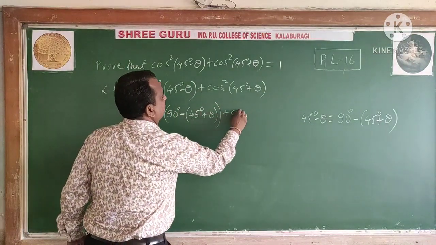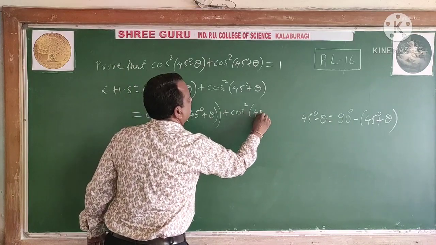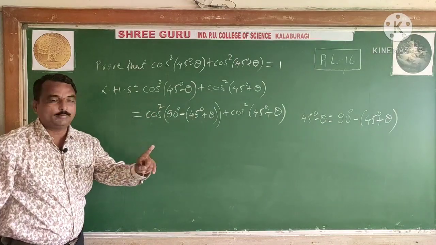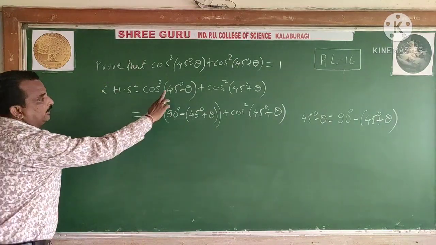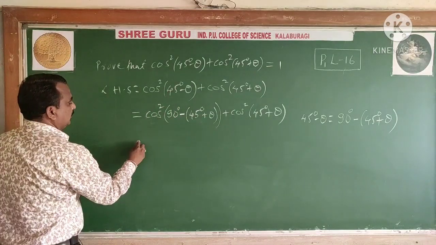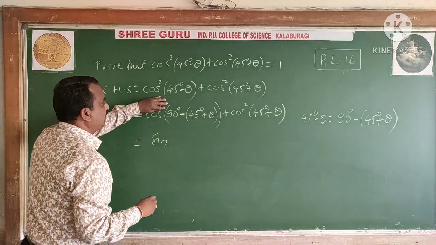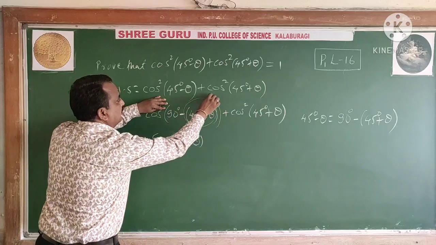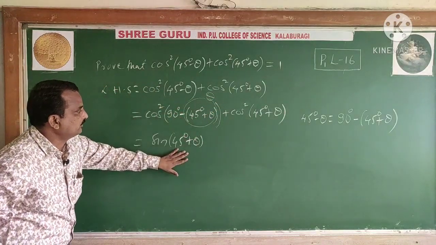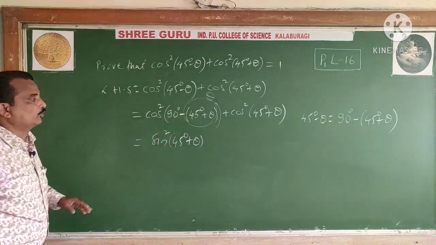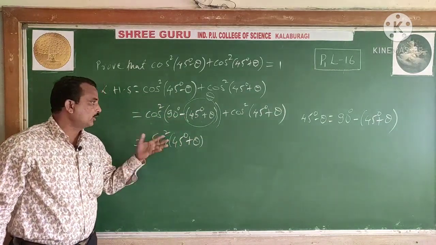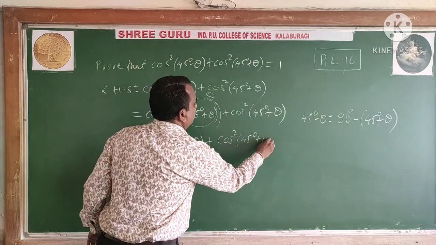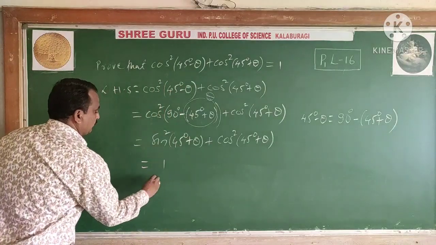Plus, as it is, the second term: cos square of 45 plus theta. Why am I taking 90? Because it changes the function, so one term becomes sine and one term is cos, then it becomes that first identity. So convert any one of the terms, not both, and cos changes to sine here. Don't bother about square. 90 minus theta, what is theta here? 45 plus theta. You consider this whole term as theta. Cos changes to sine theta. In the first quadrant all are positive. So cos square 45 plus theta stays as it is. Sin square theta plus cos square theta is equal to 1.